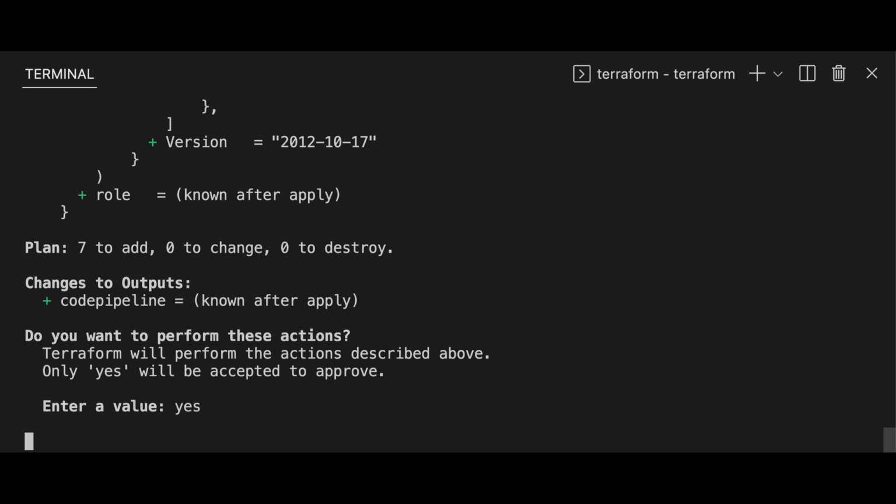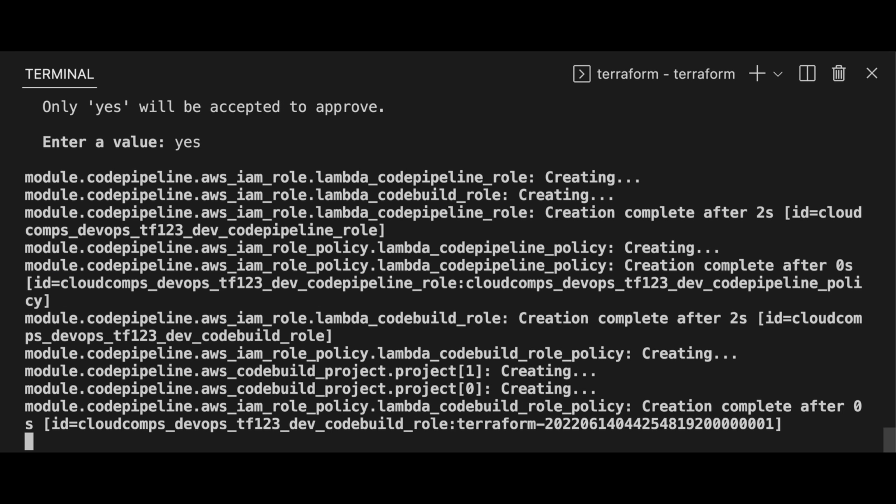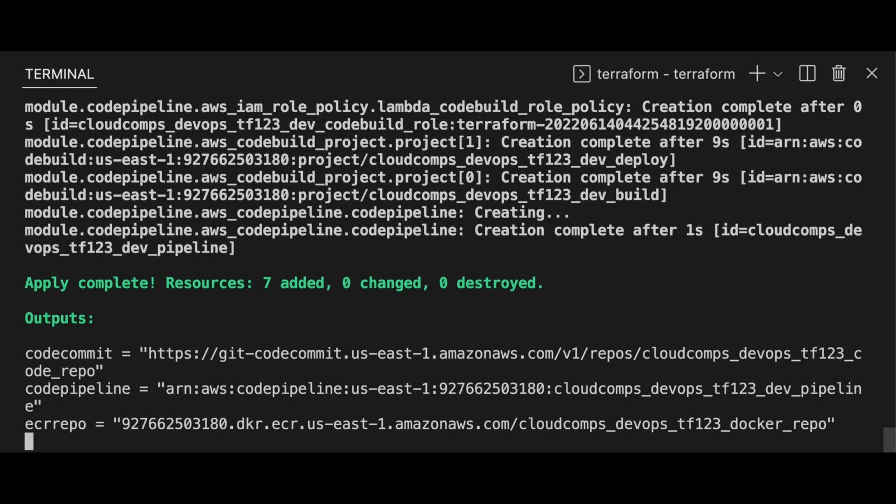And do yes. All right, congratulations. So we have provisioned our CodeCommit repo, code pipeline, and ECR repo,